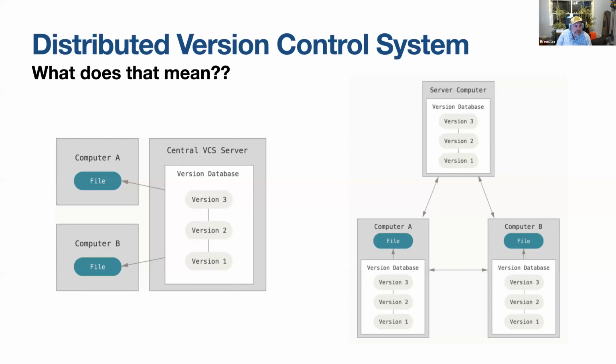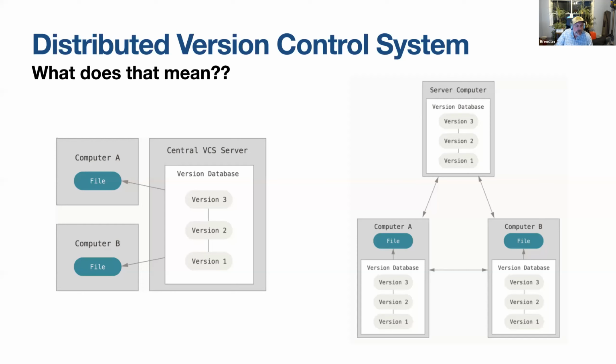So with central VCS, each user works on a central server, and the admin can see everything that is going on at once. That was really useful when everyone went into the office to work, and your server was in the office and everything, and you had no problems. But with a distributed version control system, if the main server goes down, the whole thing could be restored from any distributed copy.